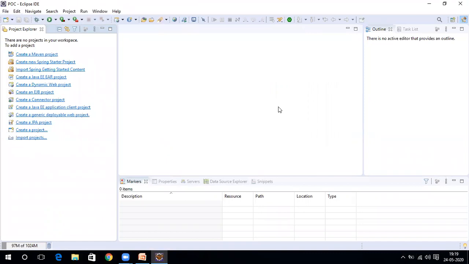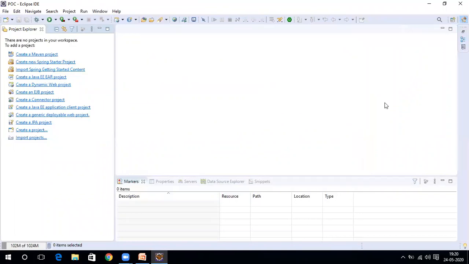I'll just give an overview of Eclipse, how it looks. Basically, this is an IDE tool where you can see the file menu bar, and on the left hand side you can see the project related structure and everything. The middle one is the main part where you can see the file opening area. And then this one, the bottom one, is optional, where you can see the console and other parts. Those are the default settings.